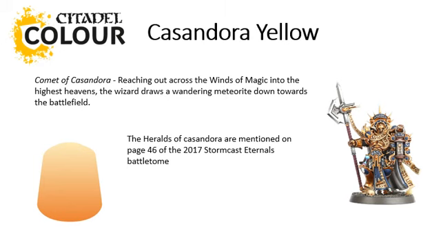And the only references that I could find of this in both Warhammer Fantasy, Age of Sigmar, and the 40k universe was the magic spell from the Winds of Magic, which was called Comet of Casandora. And it says, reaching out across the winds of magic into the highest heavens, the wizard draws a wandering meteorite down towards the battlefield. I wasn't sure whether the reference of the yellow was to do with the colour of